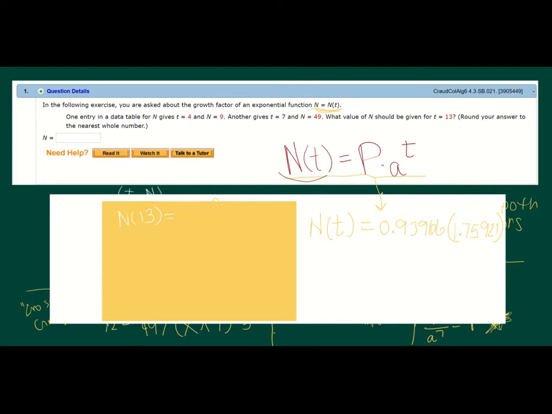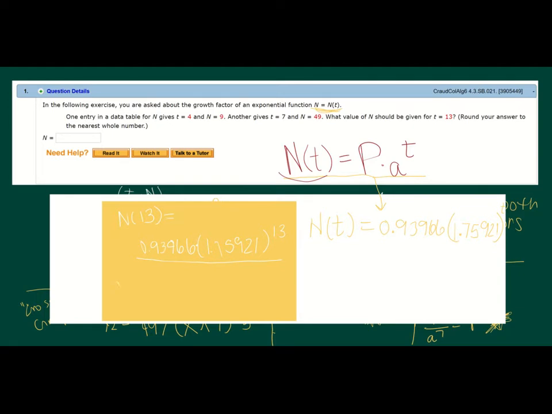Now that we have a formula, it's going to be pretty simple for us to figure this out. It looks like I'm going to run out of room, so I'm just going to go on to the next line here. We've got 0.93966 times 1.75921, all raised to the 13th power. So what you can do is either just plug this in to your regular home screen and let the calculator do that calculation for you, with a multiplication sign if you're going to put it in the calculator, or